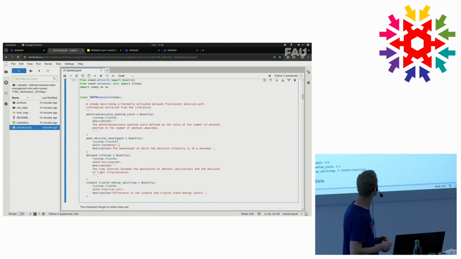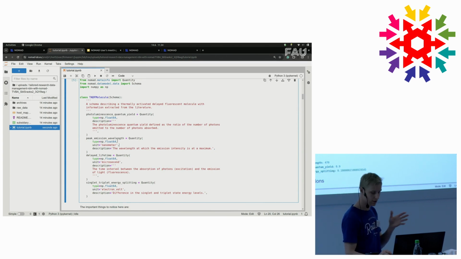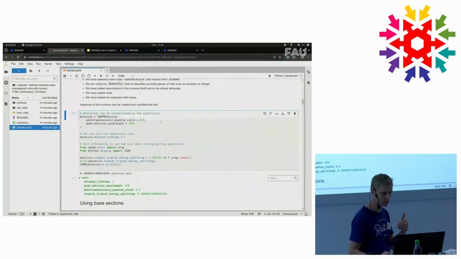And now, to have an idea of what you can actually do with these schemas and what kind of tools we've built on top, okay, now we can actually instantiate an instance of this schema. Typically in Python, you are calling the constructor for this class, and you can in here,